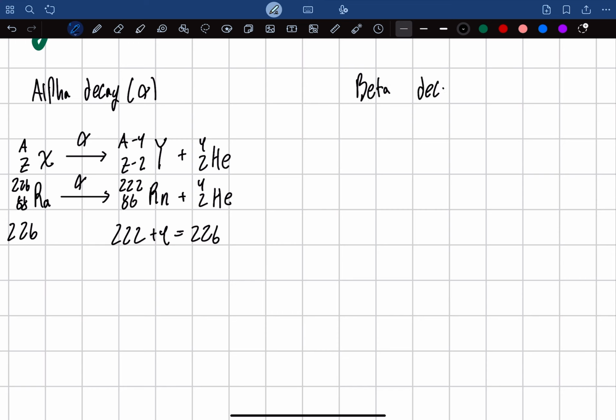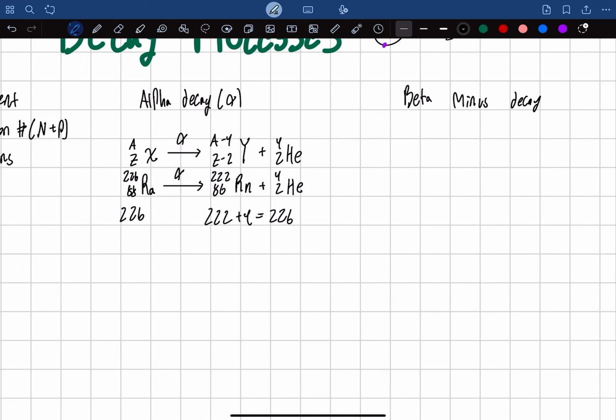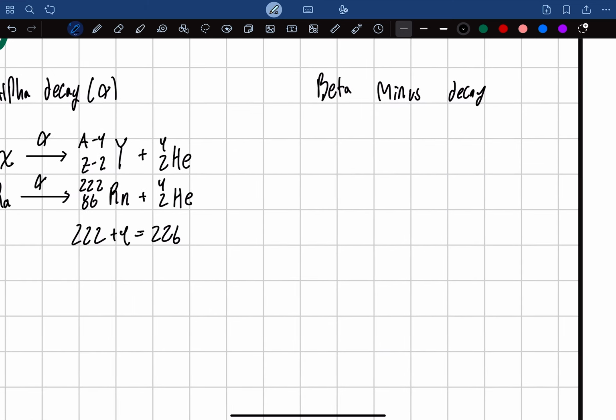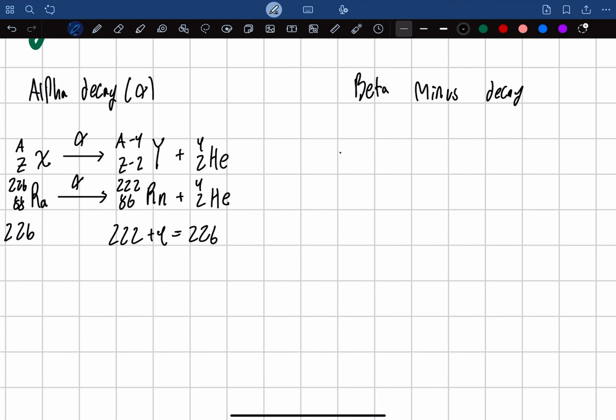But there's actually 3 processes to beta decay. So I'm going to start off with beta minus decay. This one is pretty similar, but obviously it's a bit different. It always starts off with your parent nucleus, or the element you're starting off with, and it undergoes